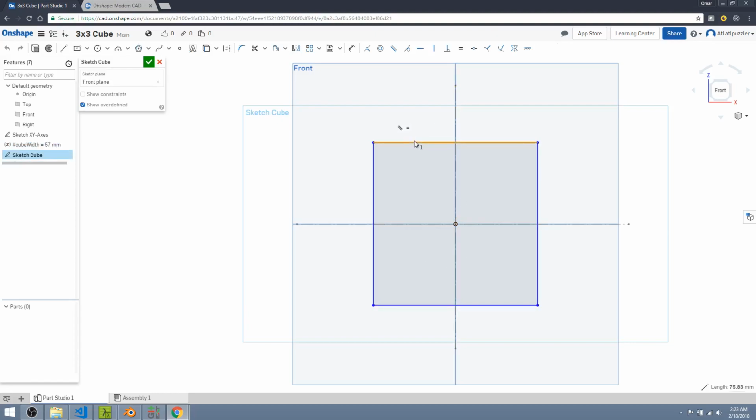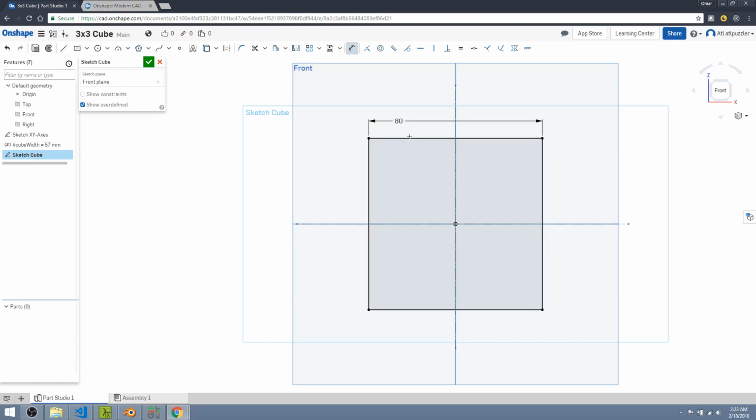Choose any of the edges, it doesn't matter, and click on the dimension icon. Select the edge, and now it's creating a dimension. You can place it anywhere you want. You can center it here, it doesn't matter. And now when you single click, you can specify a value, for example 80 millimeters, and it's going to resize